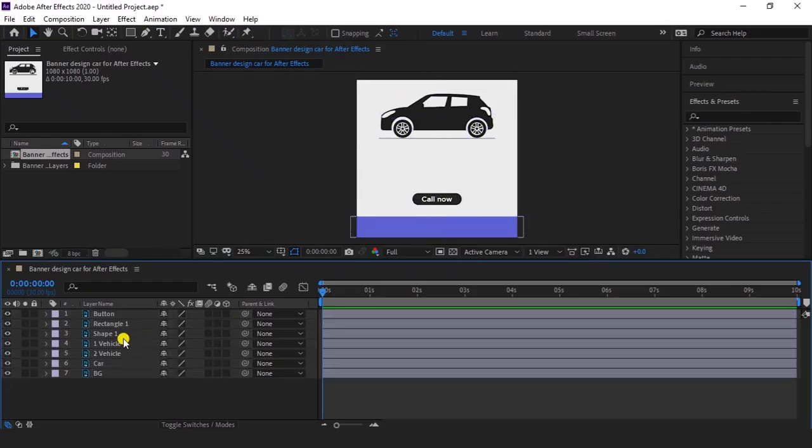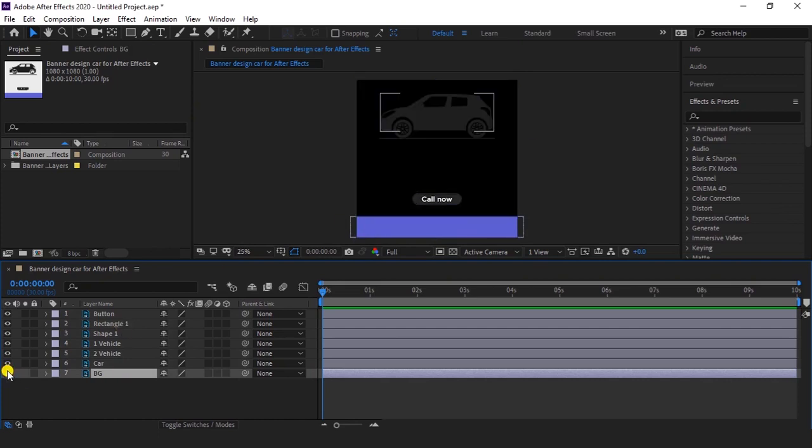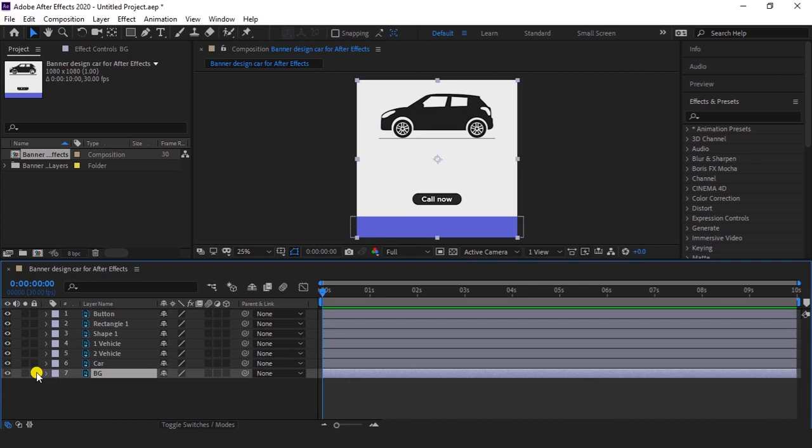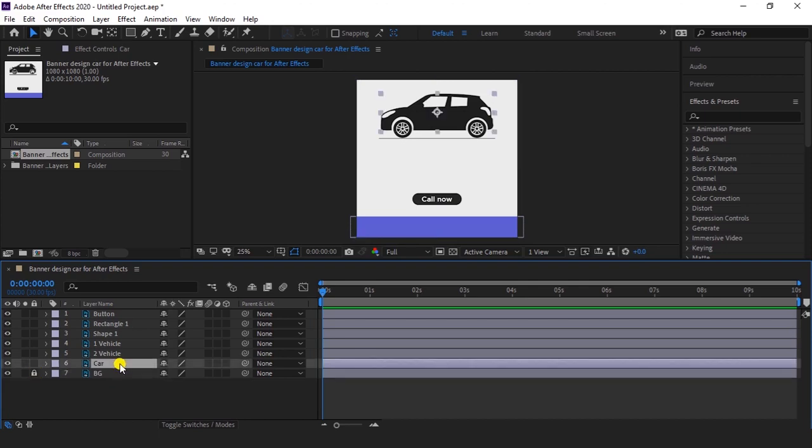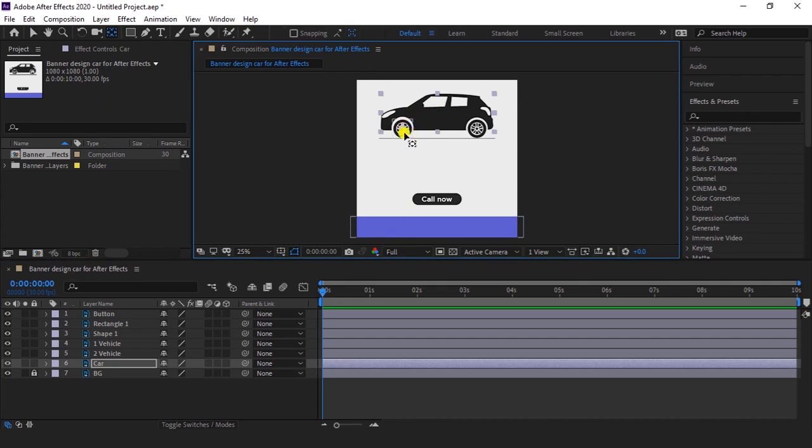So now what we need to do is lock our background. So this is our background, so lock it because we won't touch this. And now select your car layer, and now select pan behind or anchor point tool, and drag your anchor point on the center of the vehicle.